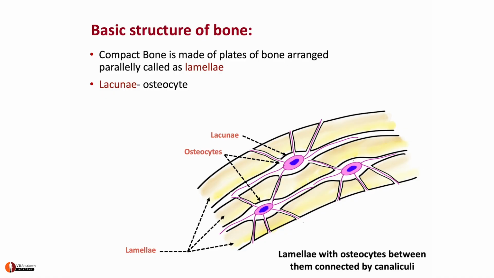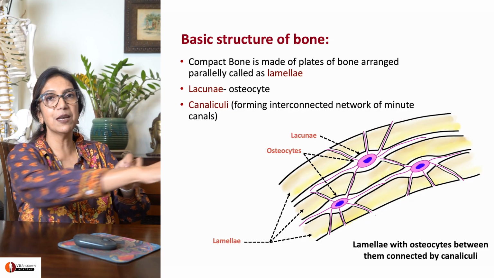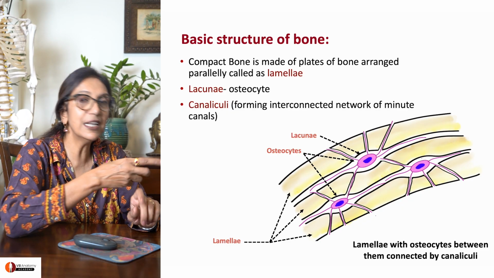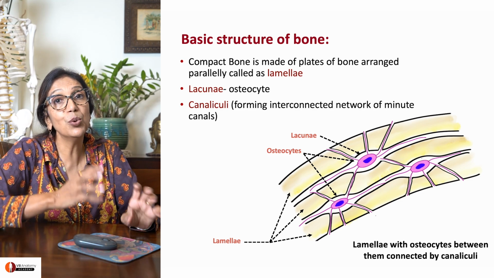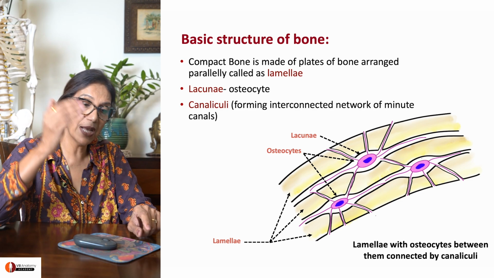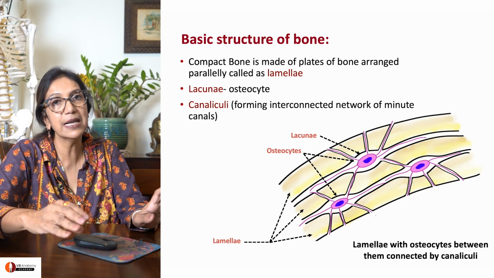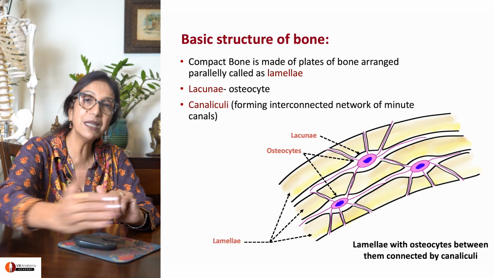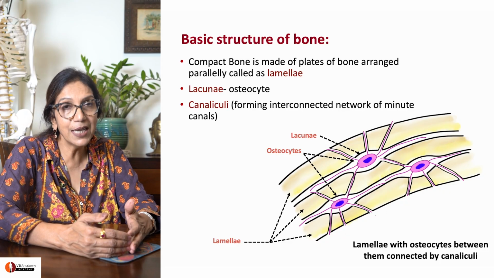So here's a lacuna. Here are the beautiful osteocytes, and they are communicating with each other through bony canals called canaliculi. What are they doing? They're just giving out processes, one process, second process, third process, which are staying in touch with each other, allowing nutrition to make its way between the bony lamellae. Bone is hard, nutrition has to pass from one lamella to the other. Canaliculi are the only way this can happen. Okay? Who helps in passage of all this? The osteocytes, which are therefore said to be bone maintaining cells.